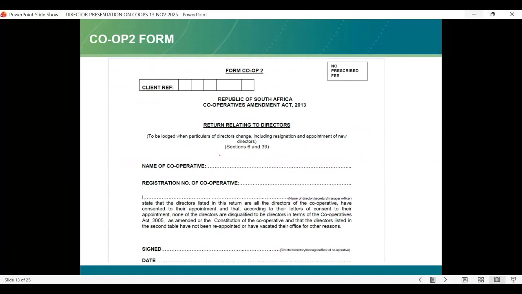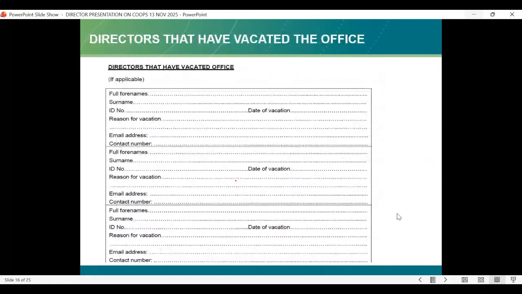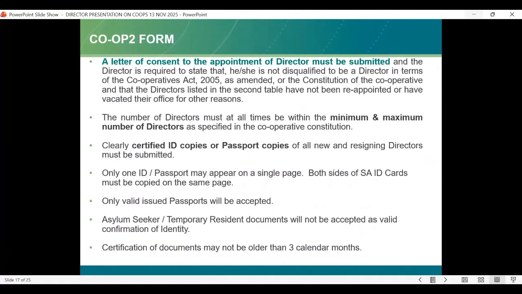So you can go to co-op forms and download these forms. And then you will complete these forms, and you can follow the step-by-step guide to complete this form. So once that is done,